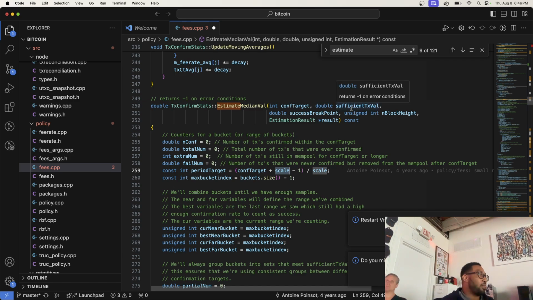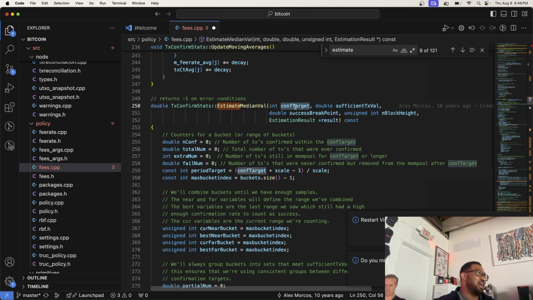So is this like, I'm forming a transaction, and you pick if you want your transaction to be confirmed in 2 blocks or 6 blocks or, yeah, whatever. That's the target? Yeah, that's what the conf target is, exactly. It's saying which range of blocks do you want your transaction like confirm within after entering the mempool.